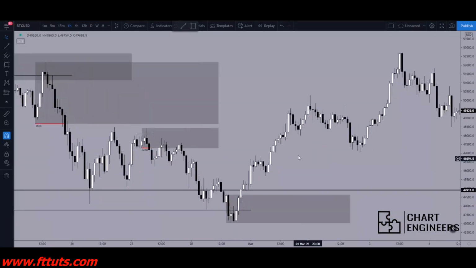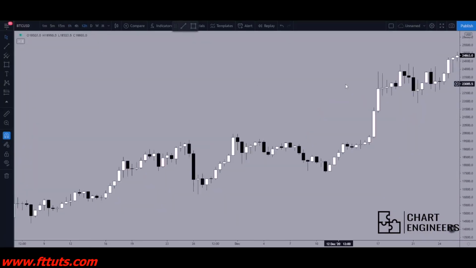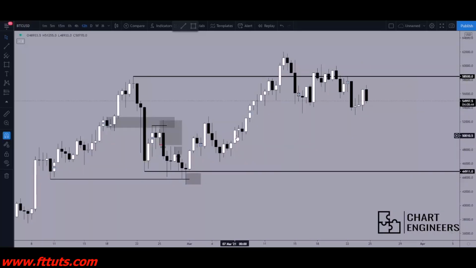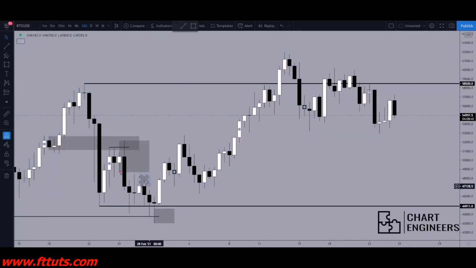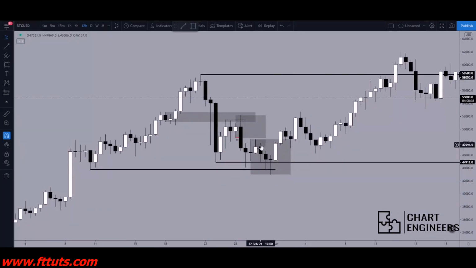So this can be our breaker zone, and then we break our 1 hour structure up here. Where we had our MSB, I would anticipate the market to come back in over here, but that never happened, so just no entry for those longs. But now if we go back to the 12 hour, we will be able to see that the market has now created this 12 hour breaker zone,